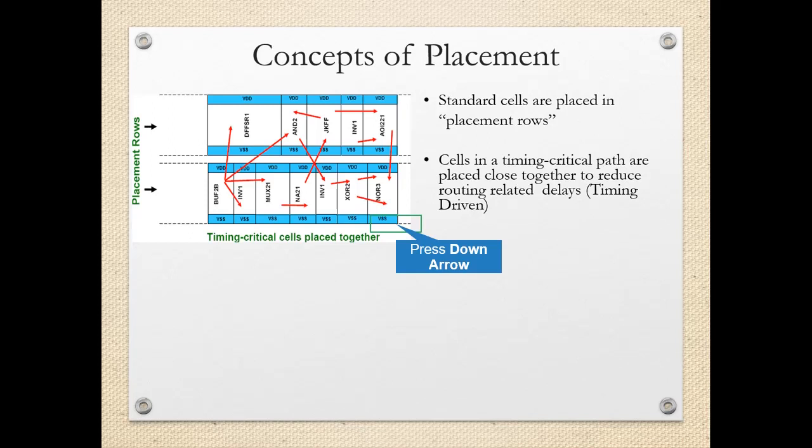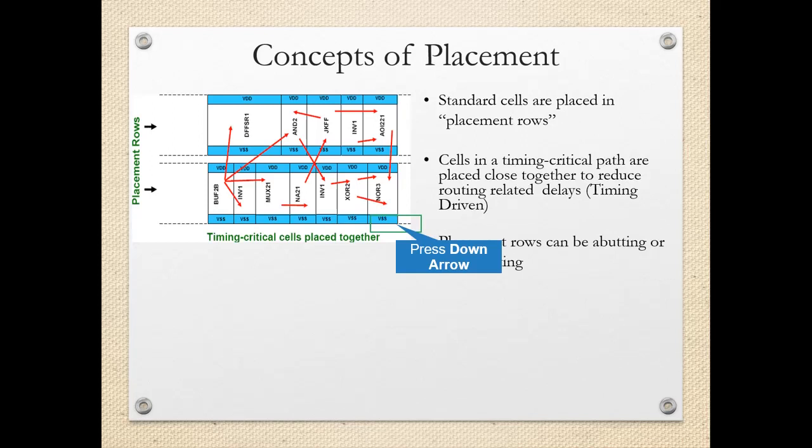So while placing those blocks like mux and that inverter, they are placed near to each other. There may be some constraint on the timing, or whatever interconnections are there between the different blocks, they are reduced. The critical path delay components are placed in the same row instead of different rows, so that the connections can be minimized. The placement row can be abutting or non-abutting.